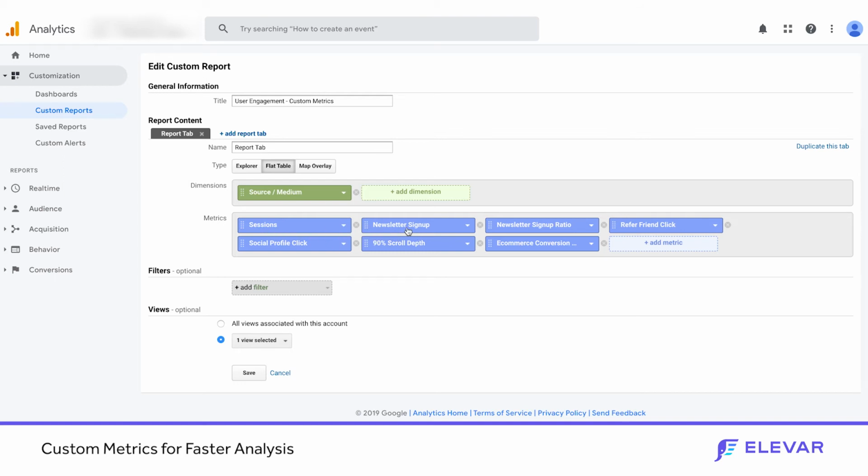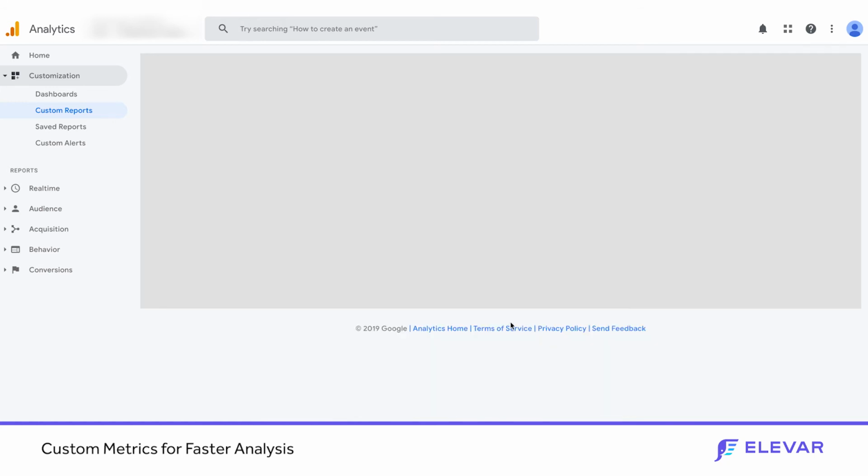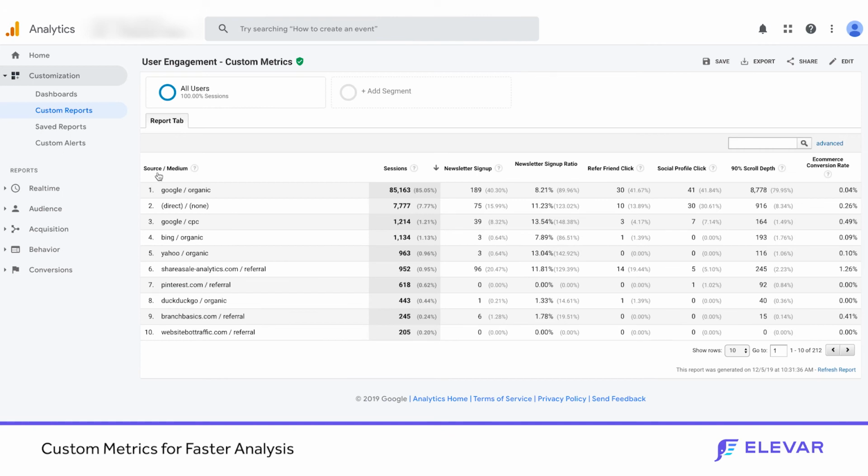There's a newsletter sign up that we just looked at. Here's a little bonus, which is a newsletter sign up ratio, which is a calculated metric. And then there's a few other custom metrics that we've assigned here. When you are adding a new metric to the report, you can see custom metrics that you're able to add to this report. So just closing this out, you can see we have our source medium,